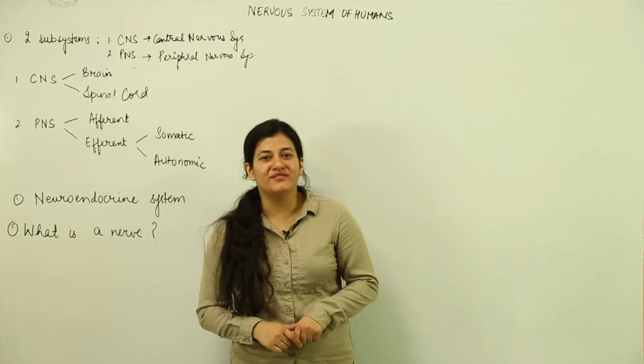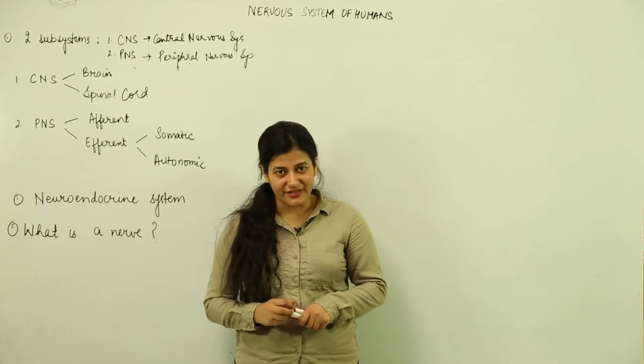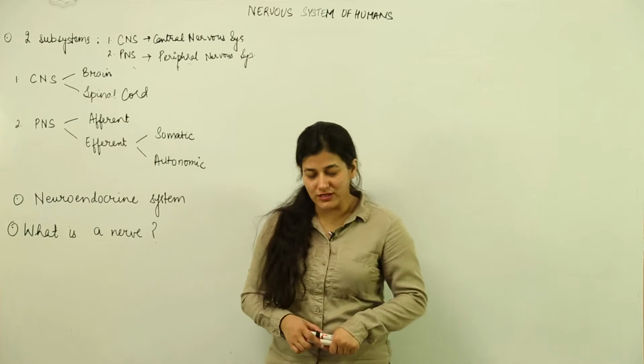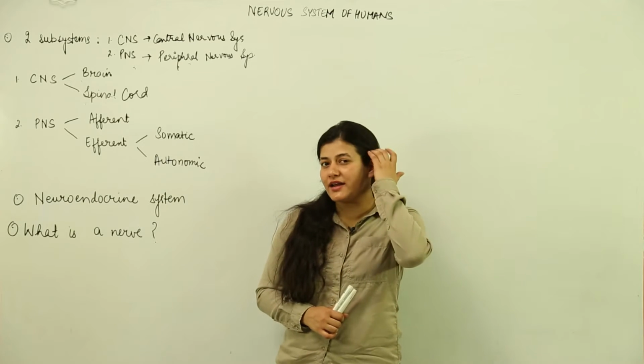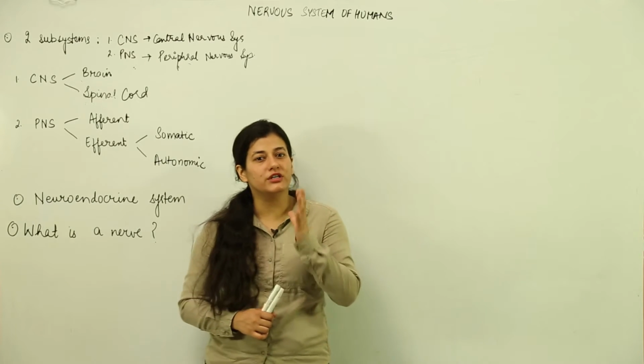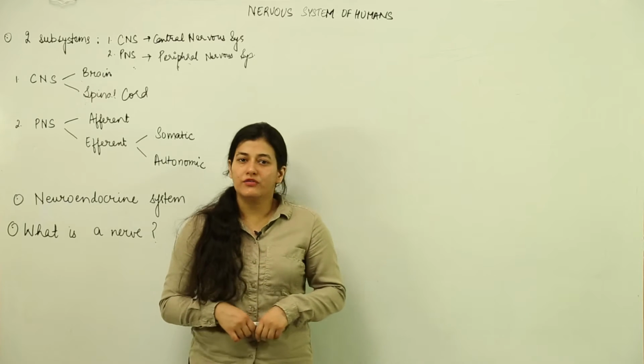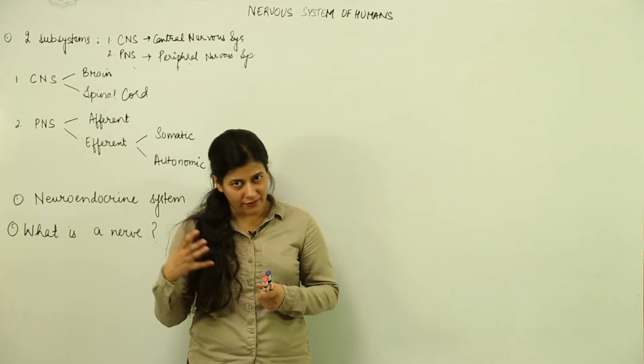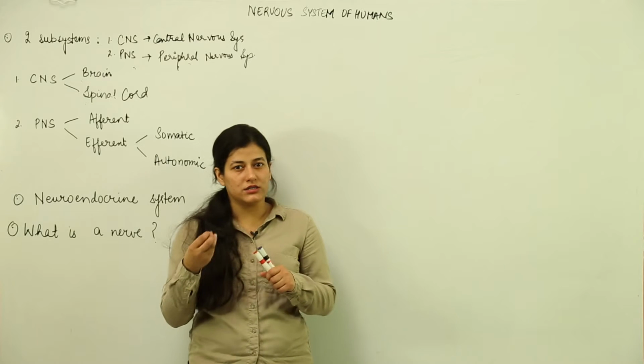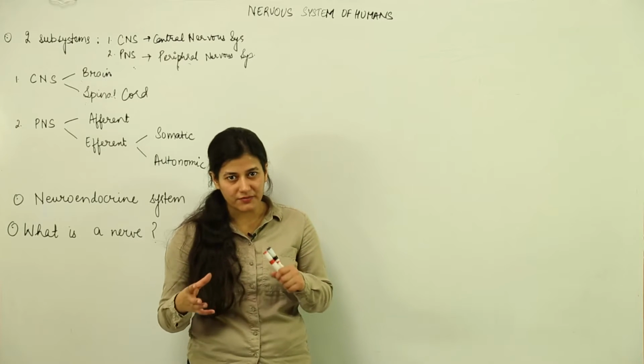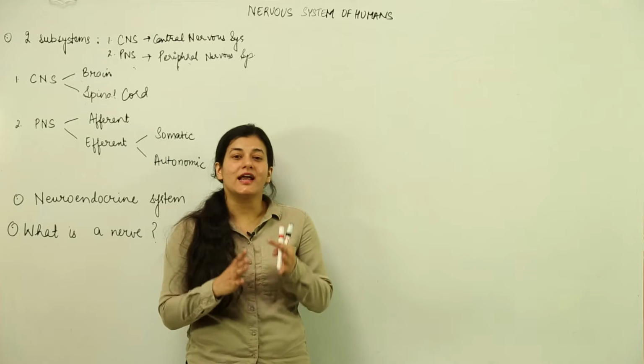By now you have been fairly well introduced to the central nervous system, in fact the nervous system of humans. Now what we are going to understand is what are the components of the human nervous system. For understanding purpose you have been introduced to terms like stimulus, impulse and the rest of the terms which are important for understanding the nervous system.